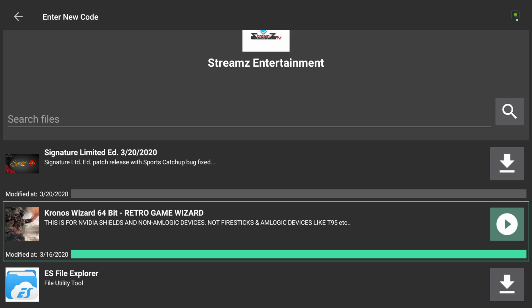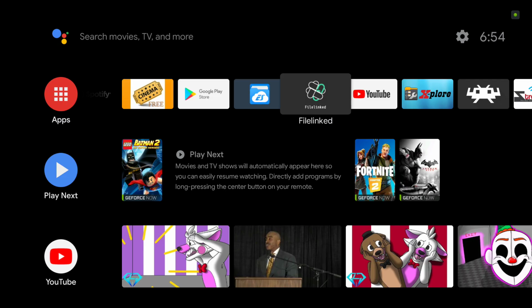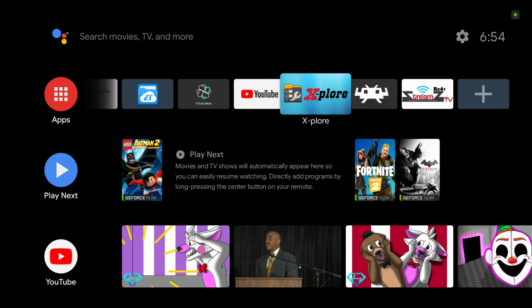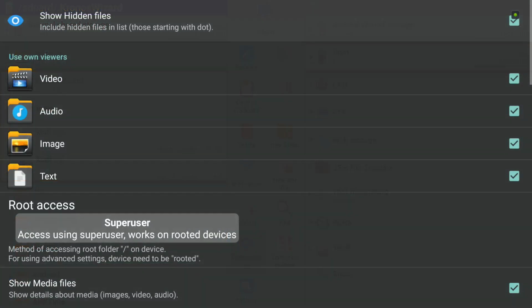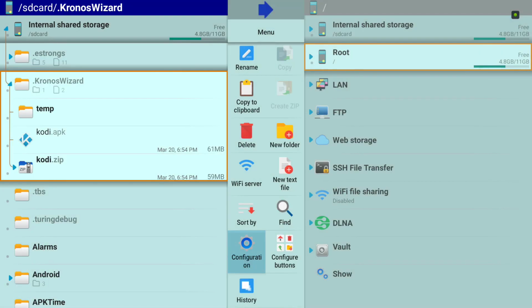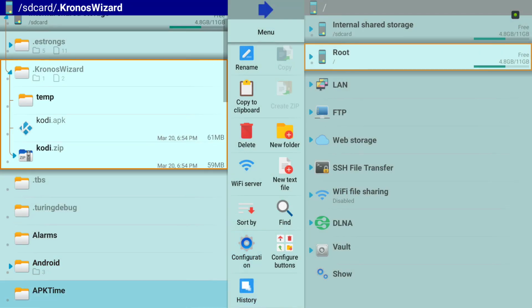So for that, you need to go to your Google Play Store and download a File Explorer or File Manager. X-plore is really easy to use, and you can find it. Just type in X on your Google Play Store and you'll find it. So we're going to open this up. The first thing you want to do is go down to configurations and make sure that is turned on. If you see where I'm moving this up, where it says show hidden files, make sure that is clicked. Once that is clicked, you can go up here and select Kodi APK,